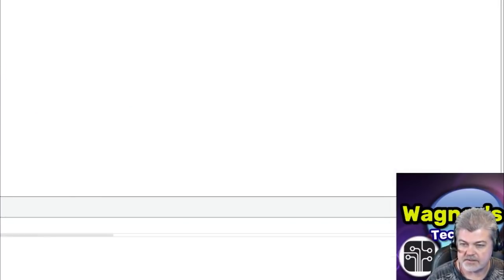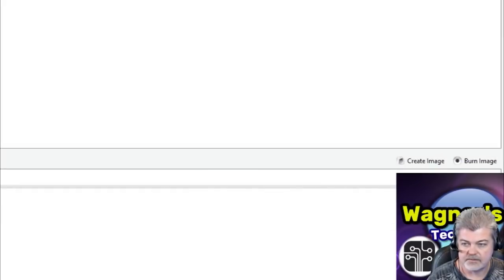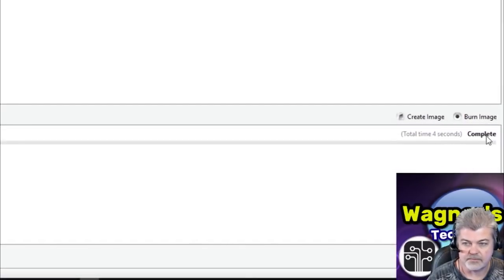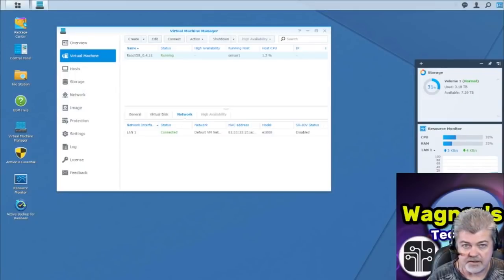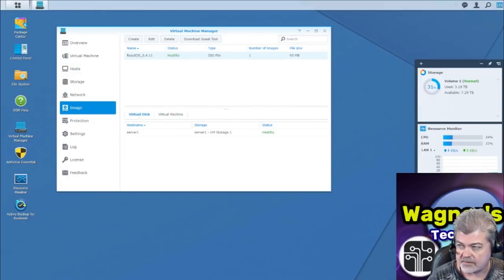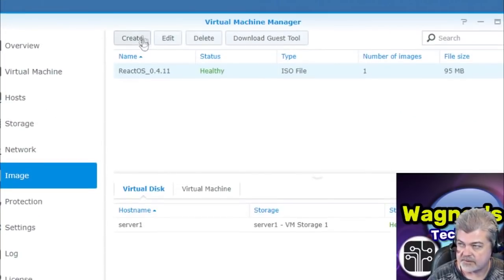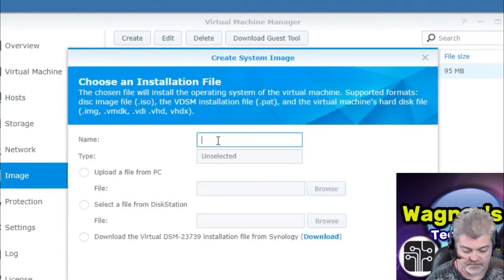And once it's done, which it is, we can see over here in the right hand corner it's completed. So now we have the drivers that we need. Okay, now that we have the ISO, we need to go to image and go to create. So let's hit create, and we're going to say ReactOS Network Drivers,